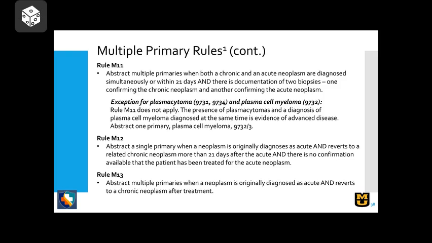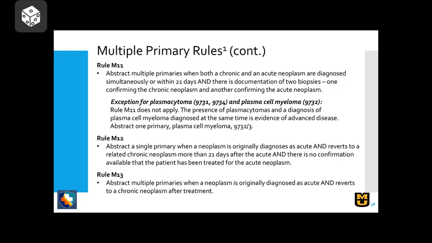The presence of plasmacytoma and a diagnosis of plasma cell myeloma diagnosed at the same time is evidence of advanced disease. Abstract 1 primary, plasma cell myeloma, 9732/3. Rule M12. Abstract a single primary when a neoplasm is originally diagnosed as acute and reverts to a related